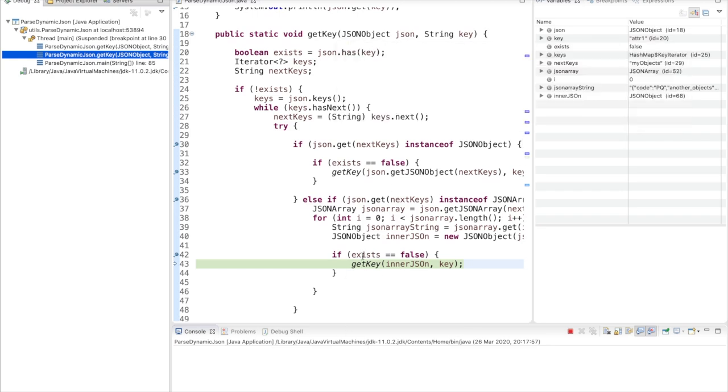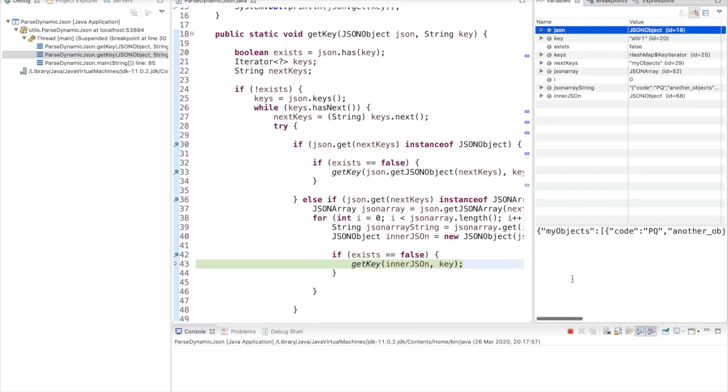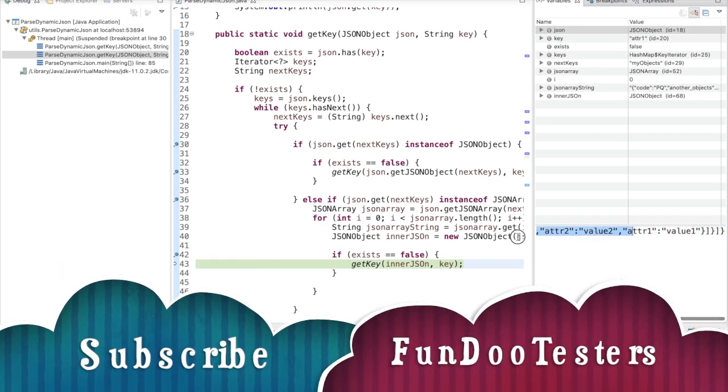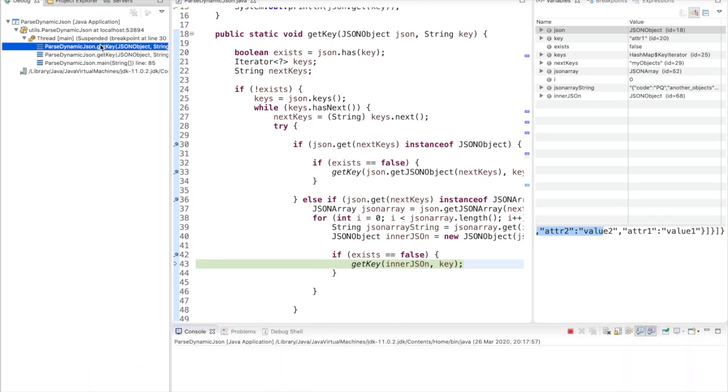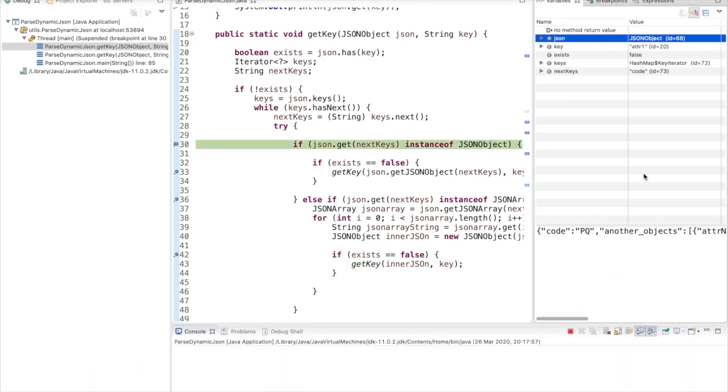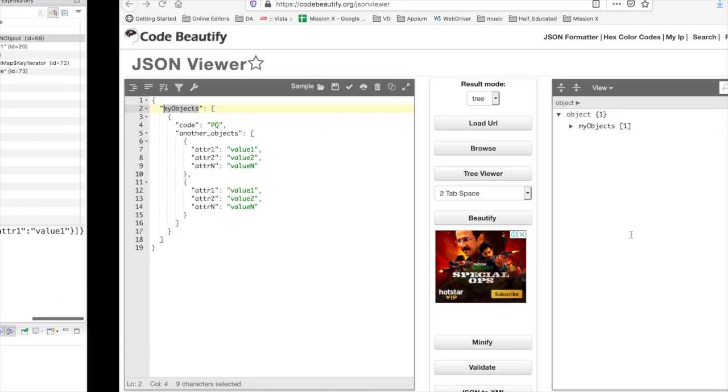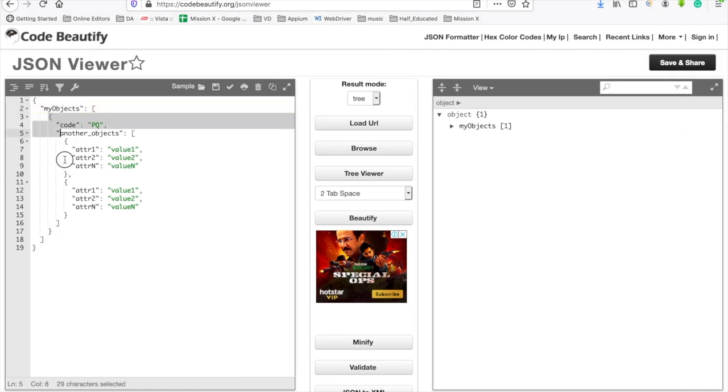In this stack we have the full JSON, but it split our JSON into smaller pieces. If I go to this tag, you can see my JSON value is starting from here. So now it is split from here.